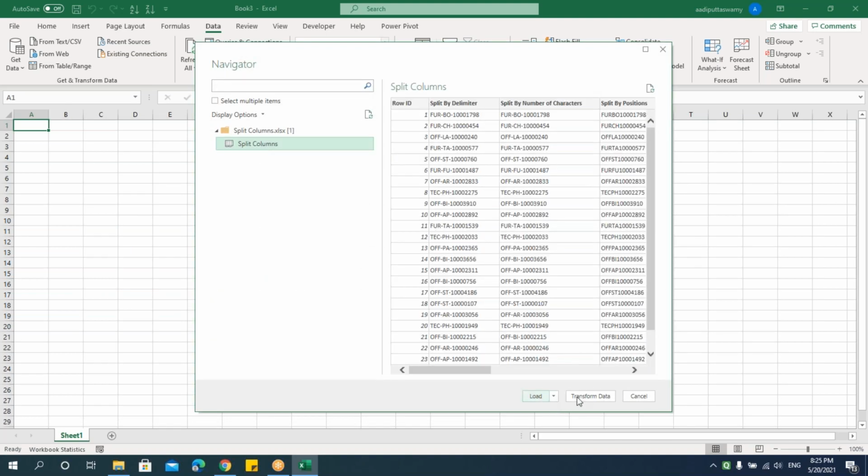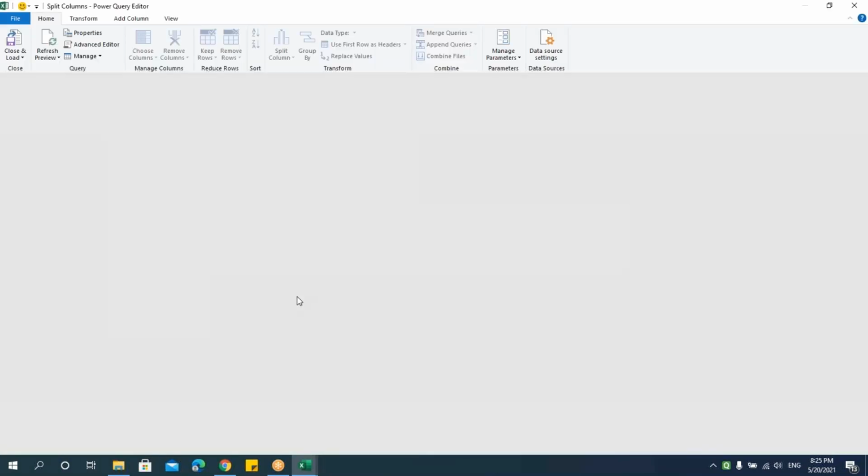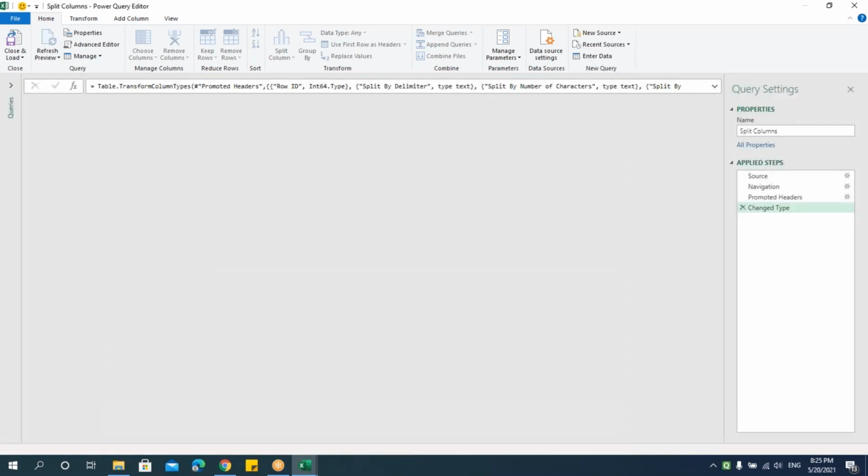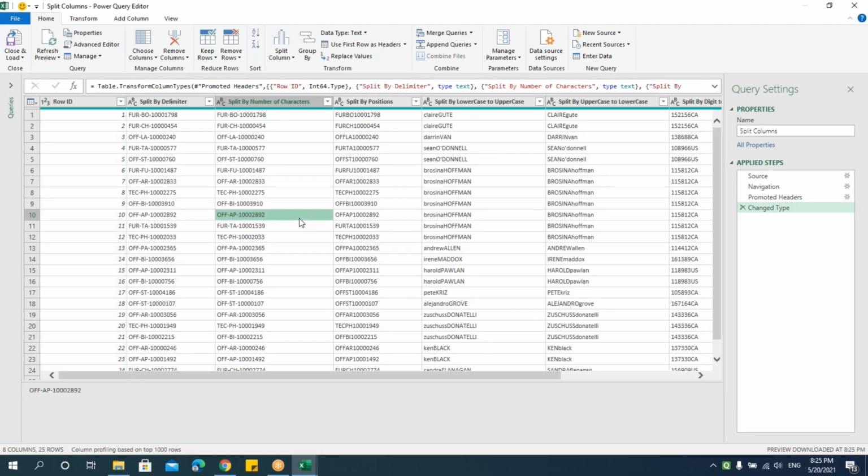Select the split, transform. After this, we'll see how to pivot and unpivot. Right, so I have a table here where I need to split the data.